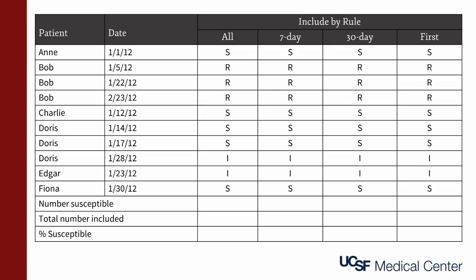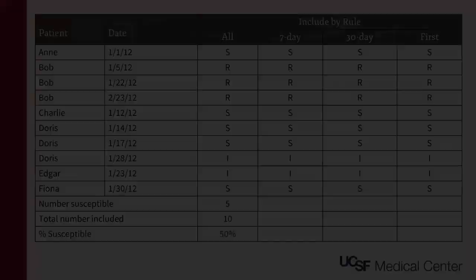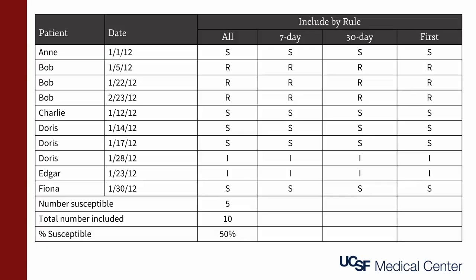Let's take a look at a small group of patient isolates collected over a 1-month time period. Consider all of these isolates to be of the same organism, maybe something like Pseudomonas. Some patients have multiple isolates of the organism over the time period. If the susceptibility results from all of the isolates were included, then we'd find that 50% of the isolates were susceptible. But some of the patients contribute multiple isolates, which can result in a biased number if the goal is to get the best idea of how to select empiric therapy for a new patient.